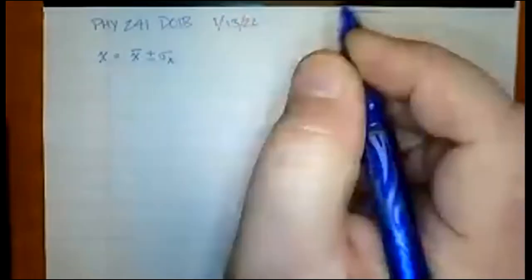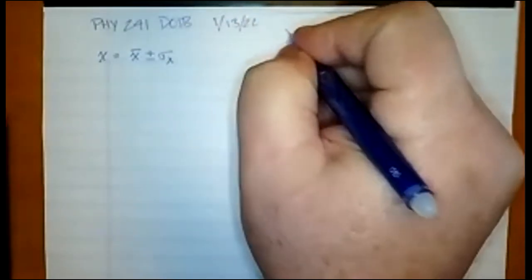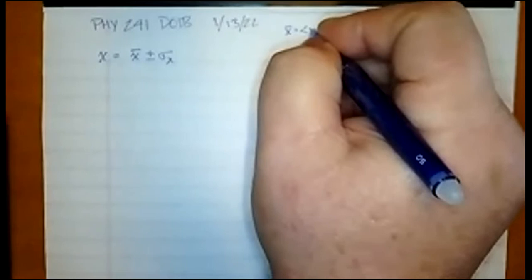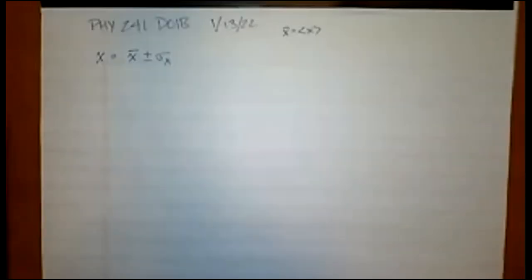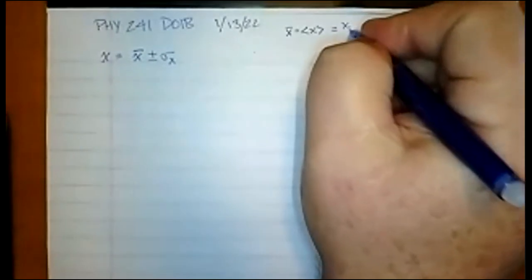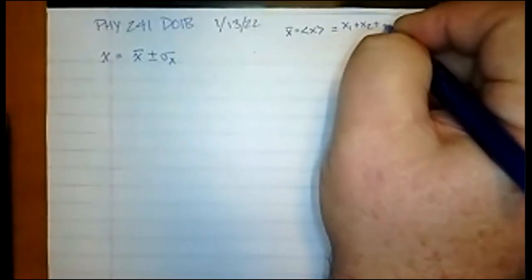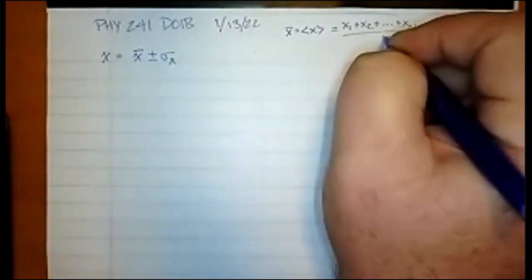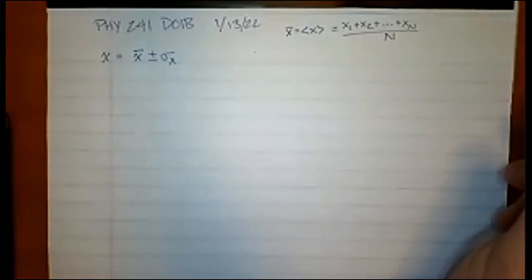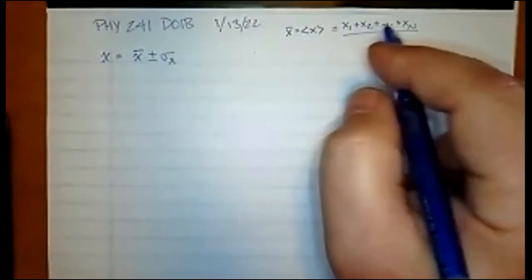So anyways, yeah, it's supposed to be your best estimate plus or minus sigma x, and x bar is generally understood to be that, or sometimes they'll use x in brackets like that. Which is really x1 plus x2 plus ... on up to plus xn divided by n. Okay. That's assuming each measurement has the same amount of error.